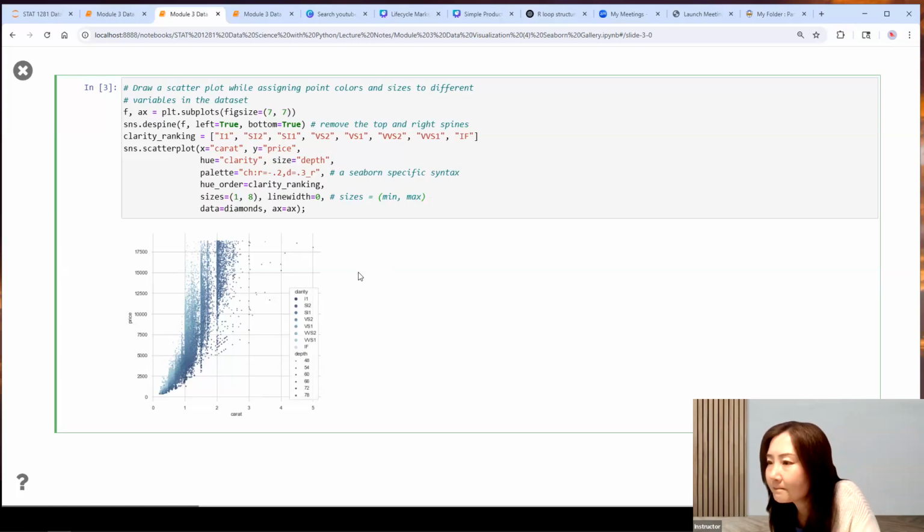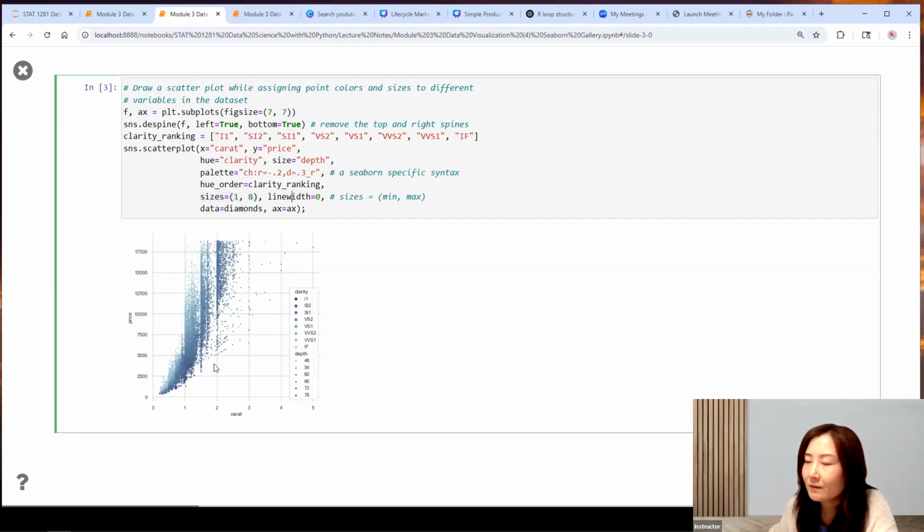Okay. I think because we chose very small size ranges, we cannot tell the difference between the size of the points very easily. You see, they are almost the same size. Anyway, so this is a way to adjust your scatter plot using Seaborn's scatter plot function. Right? We adjust the color, the size,